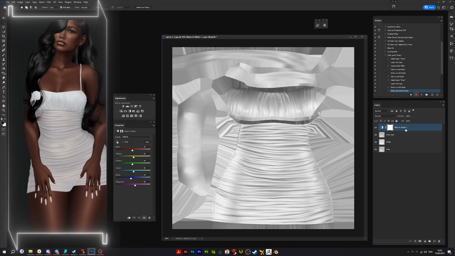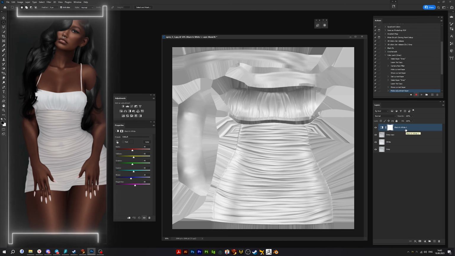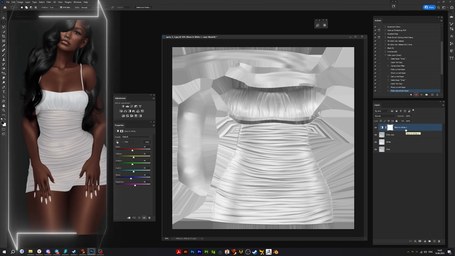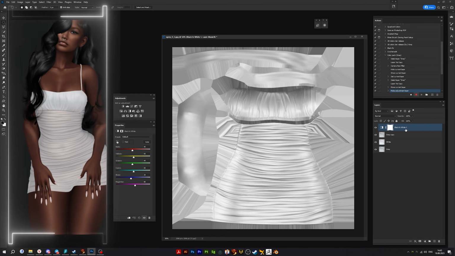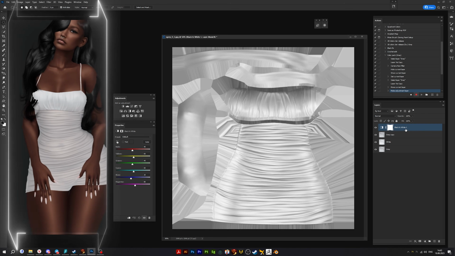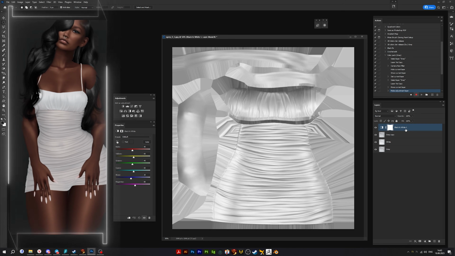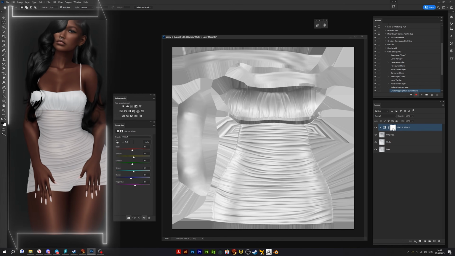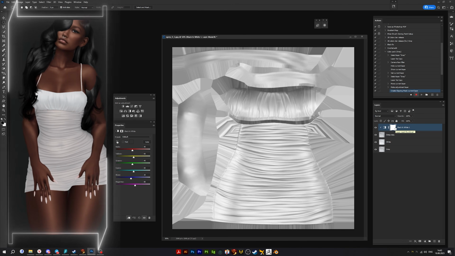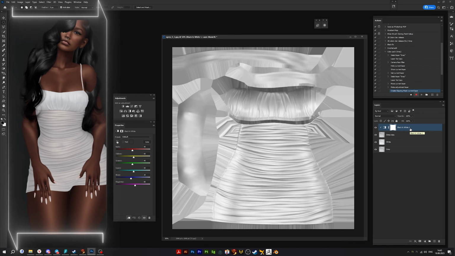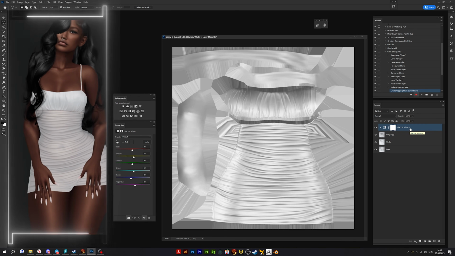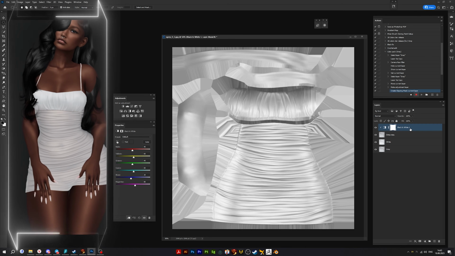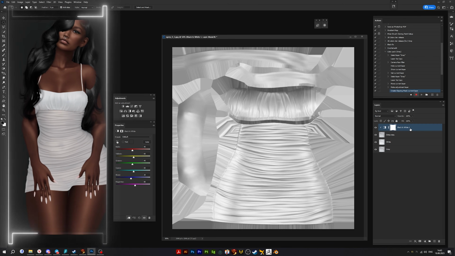Also, if you're gonna use your action for all your textures, including transparent ones, such as lace, for example, you should do clipping masks. Create a clipping mask, always. Otherwise, your adjustment layer will affect all the layers above, and you will see a result that is not exactly correct.